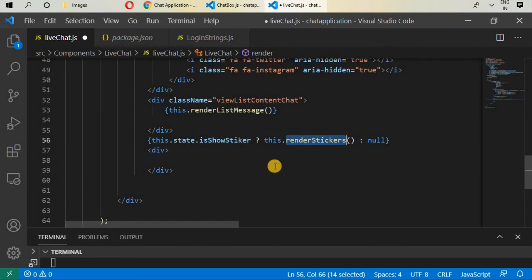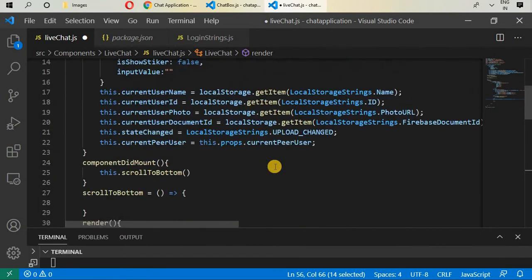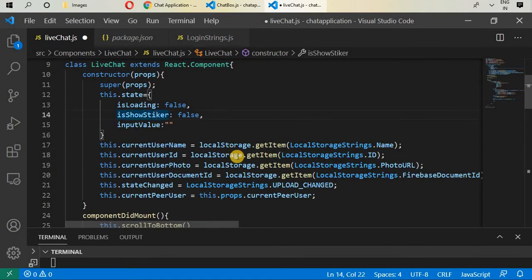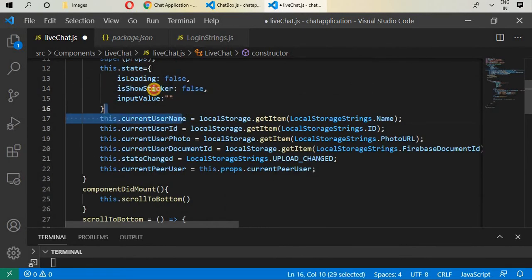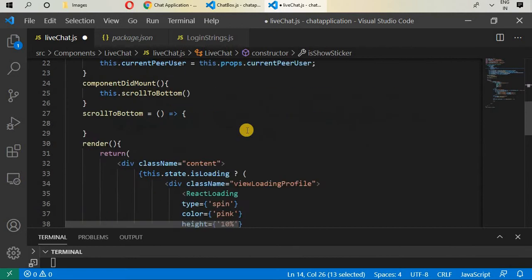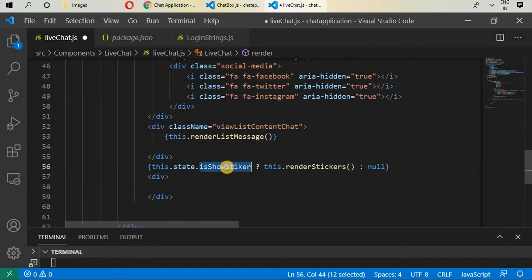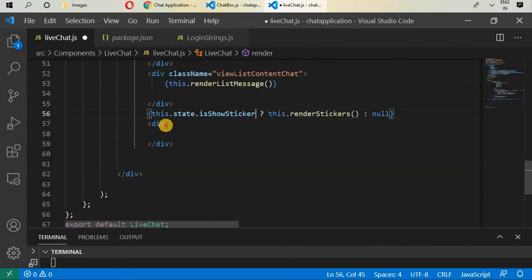If we go above, we'll write is show sticker here, copy this and paste it in here. Okay, so in this div we have class name